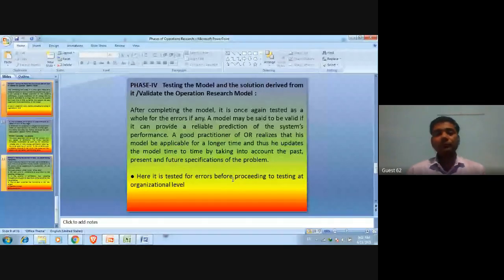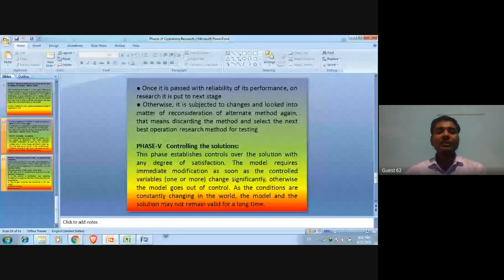Now the next one: once it has passed with the reliability of its performance on research, it is put to the next stage. After testing once again, it means the reliability of the model has been tested. So we will forward this model to the next stage. Okay. Otherwise,